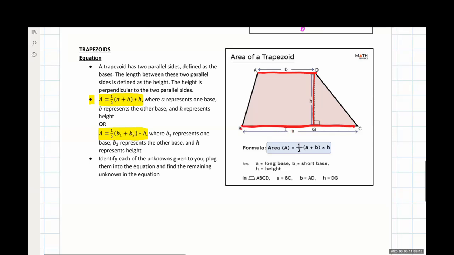Now notice what these two red sides are denoted as. This side here is listed as A, which based on one of our equations, represents one of our bases. The side length up here is represented as B, which is the other base. So the two lines that this height touches to create those right angles are your two bases, and that is your height right there. You can just pull those A, B, and H values out, plug them right into the equation, and then solve for the area.